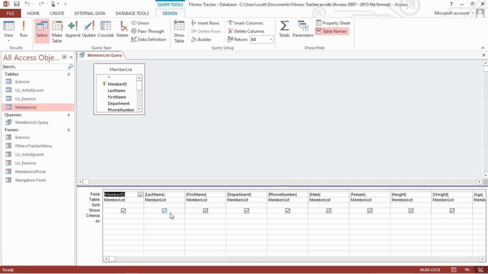But what I'm going to show you now is how to take those two fields, the first name and the last name, and combine them into a single field. So we're going to come over here to the end of our data in our query, right? These are all the fields from the member list table. And we're going to add a new